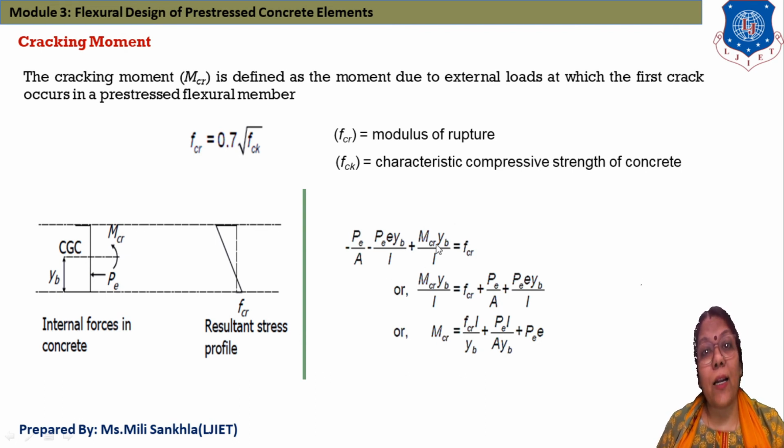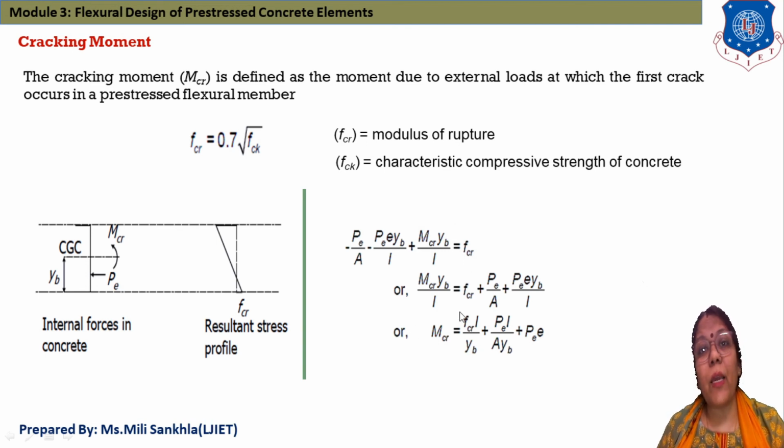Now MCR, again when cracking moment develops in our pre-stressed concrete member, stress is induced, and this stress is due to eccentricity. So here again the equation of bending stress will be applicable, M by Z, where M is the cracking moment MCR and Z is equal to I by Y. That is equal to the flexure strength that we want to measure in our pre-stressed concrete member. The second name of this flexure strength is the modulus of rupture.